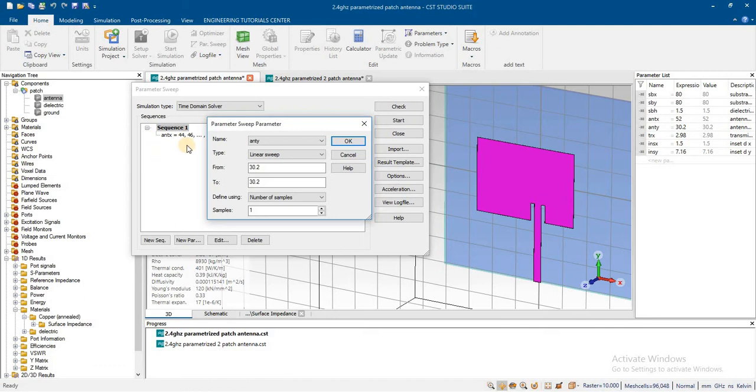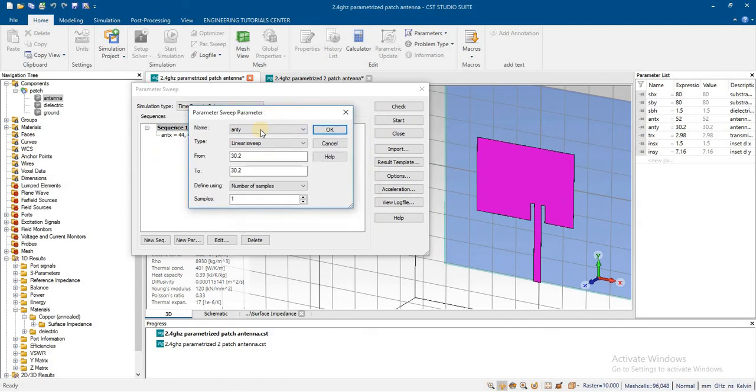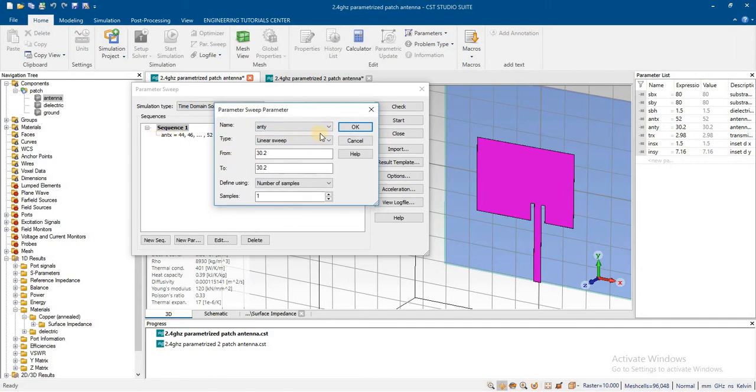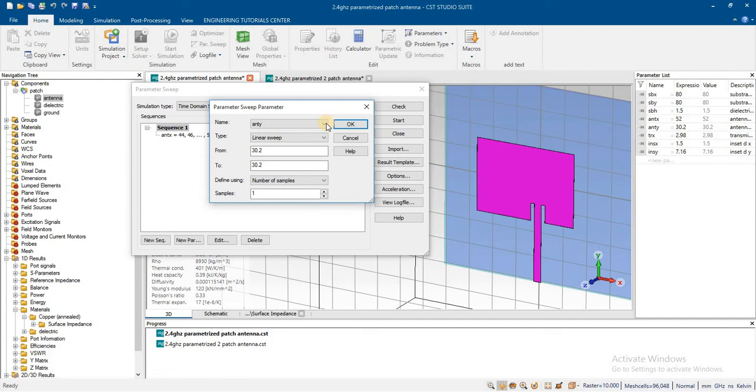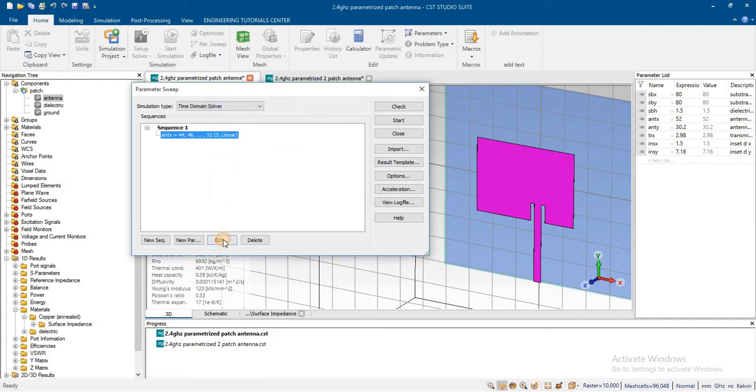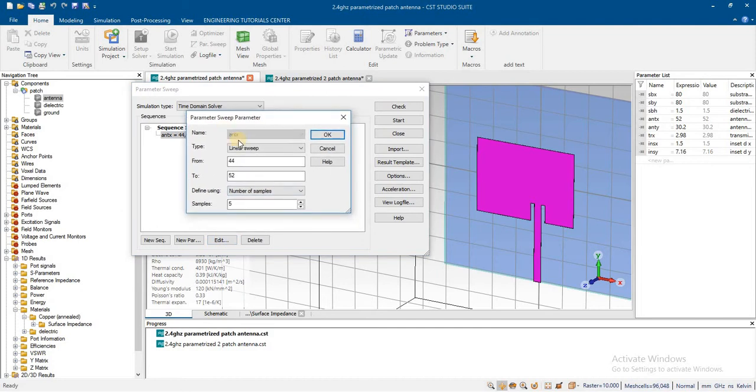We can define multiple variable sweeps in one sweep. Here you can see that we have already defined one for x. For antenna x, the sweep is starting from 44 to 52.